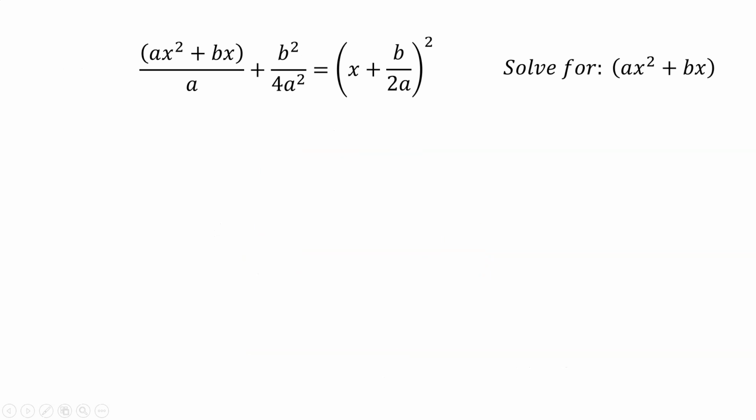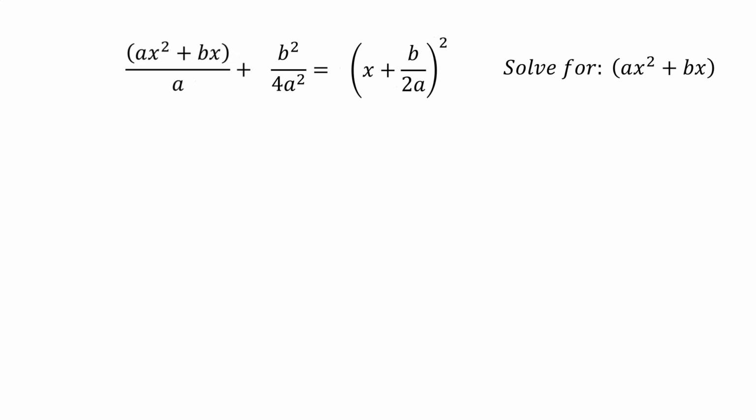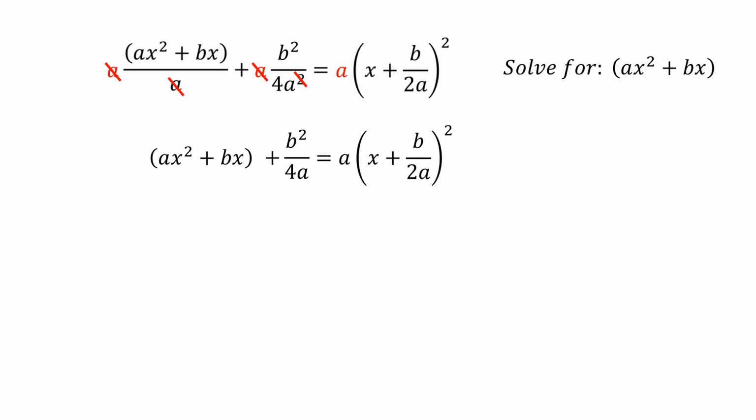First, we see that the expression we want is divided by a, so to get rid of this, we multiply every term by a. It cancels on the first term on the left, and the a cancels in the second term. Next, we move b squared over 4a to the other side, and when it gets there, it becomes negative. We end up with ax squared plus bx equals a times (x plus b over 2a) squared minus